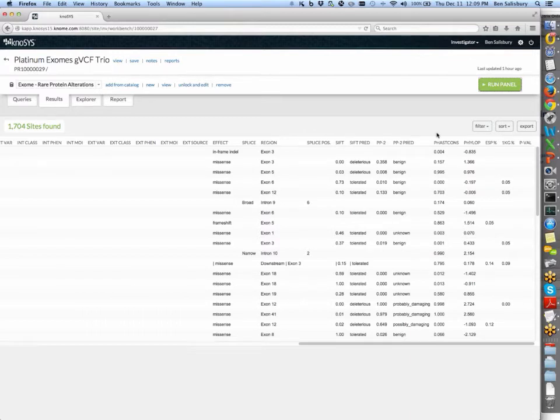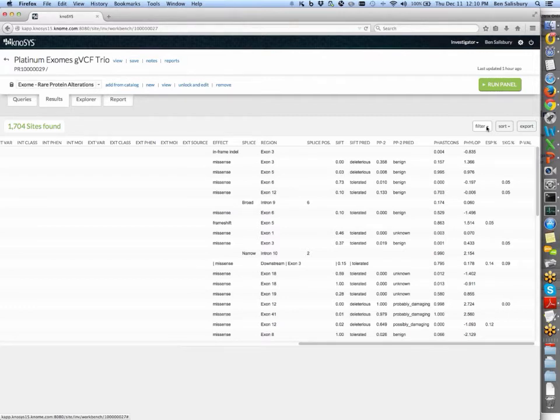And the SIFT and PolyPhen predictions, FATHMM and PhyloP conservation scores, and the frequencies at the Exome Sequencing Project and 1,000 Genomes. And all of these are either unobserved in those reference populations or are rare. Those are frequencies, or rather percentages, so those are each well under 1% where observed. And we could work with this large set, but it might take a while to get through 1,700 candidate variants of interest. So we've built these filtering and sorting tools.